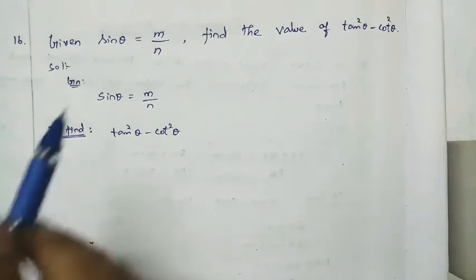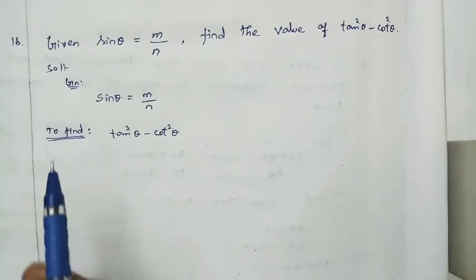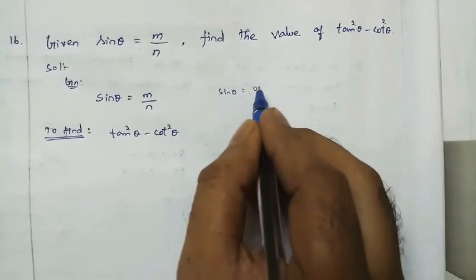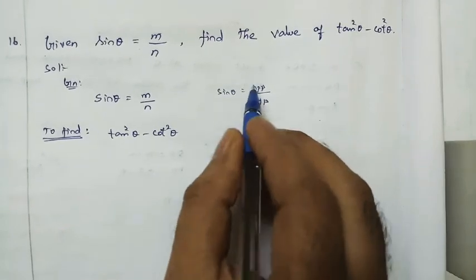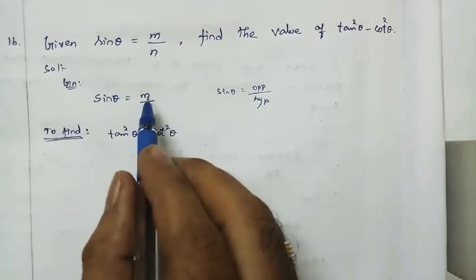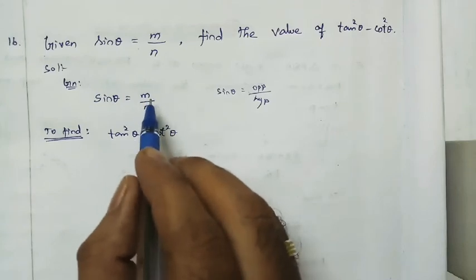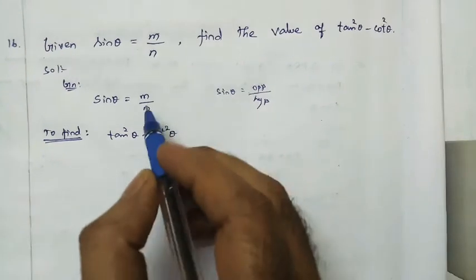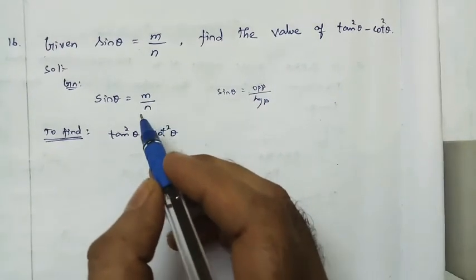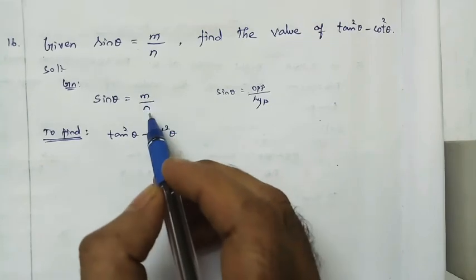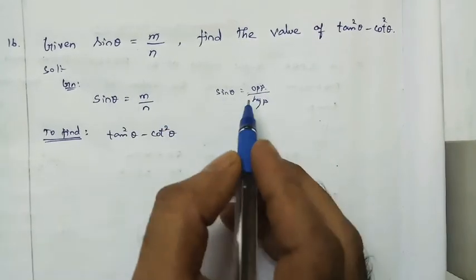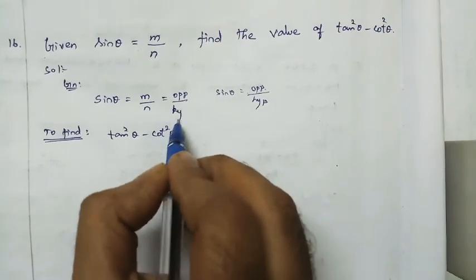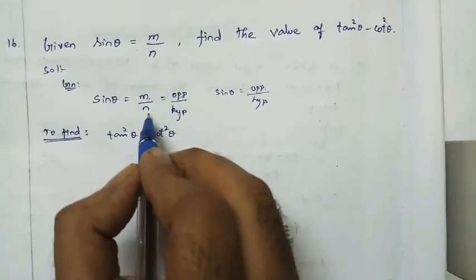Now we know the value of the trigonometric ratio of sin theta, right? What is the formula of the trigonometric ratio of sin theta? Sin theta is equal to opposite side divided by hypotenuse. So here the opposite side is nothing but mk, right? That m is some unknown variable, and k is the common constant, right? Whenever they have given in the ratio format, the common constant is behind there, right? So mk divided by nk. So opposite side is mk and hypotenuse is nk, right?